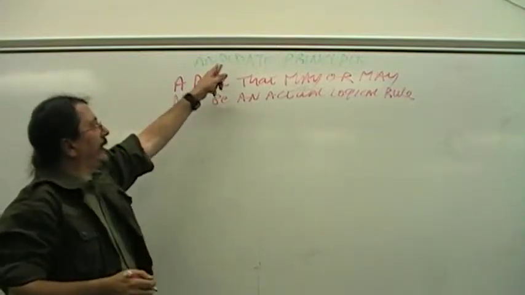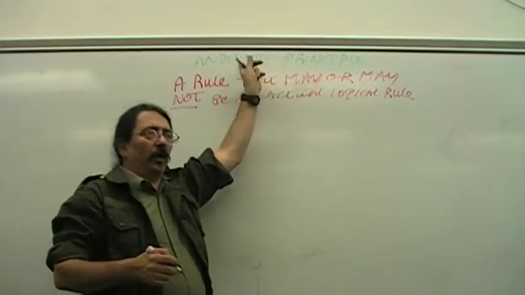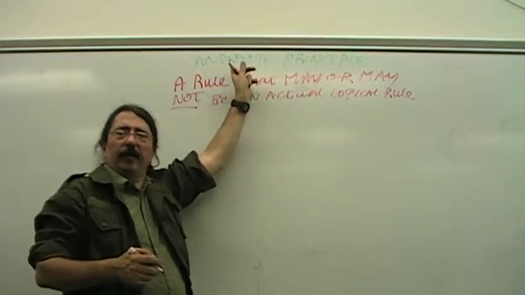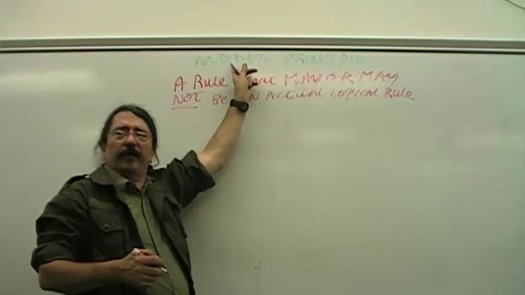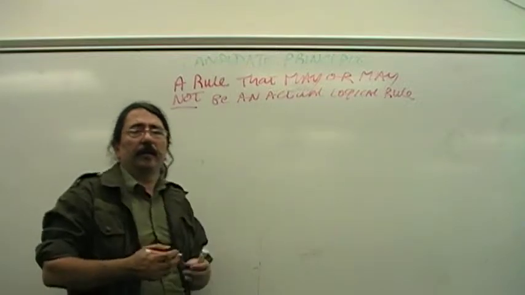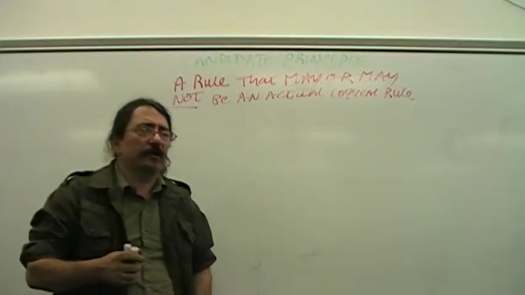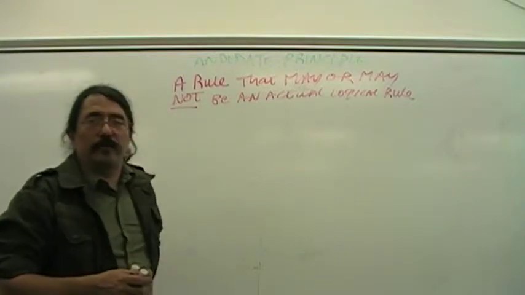So that's called a candidate principle. It might be a principle, it's offered as a principle, but it's not necessarily a principle. It's not a principle until we decide it is. And so it's something that's offered as a potential logical rule, and we should consider whether it's really a rule